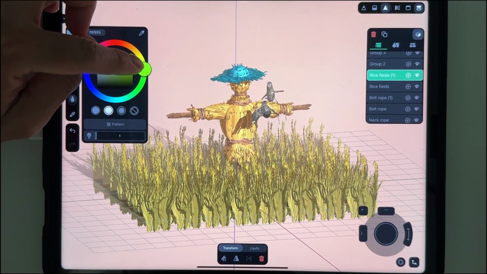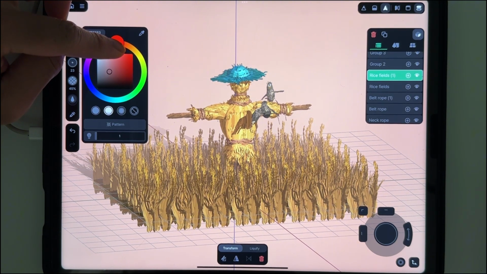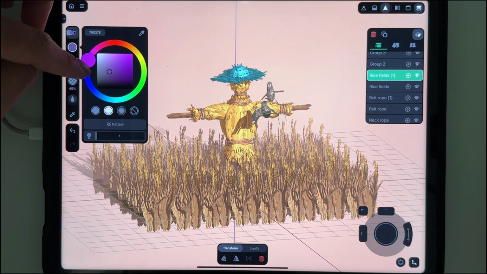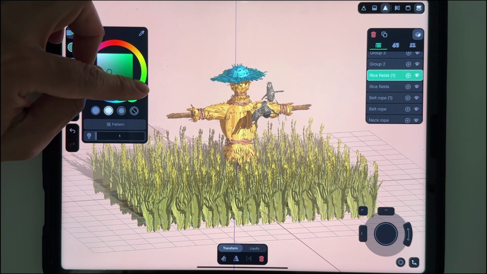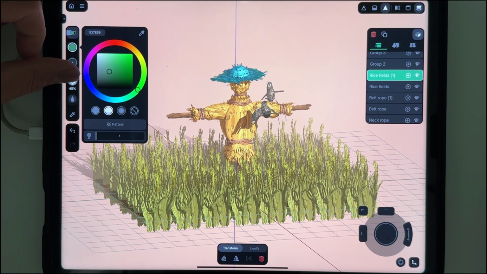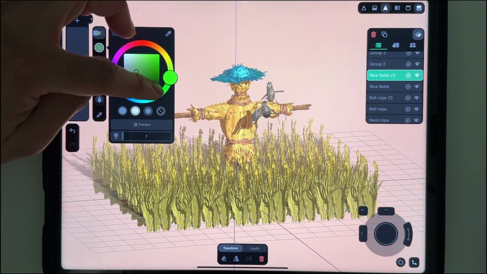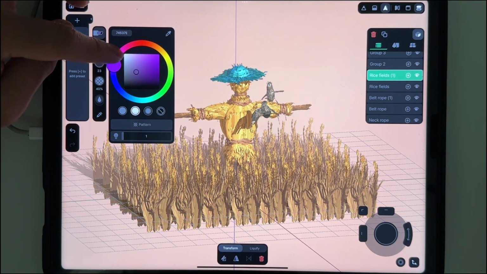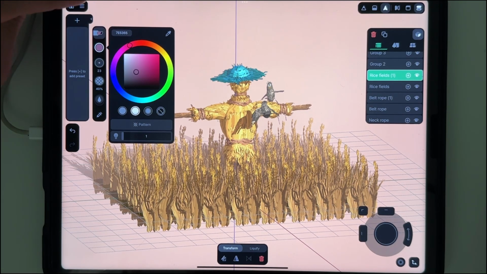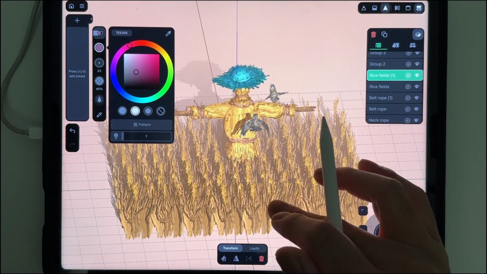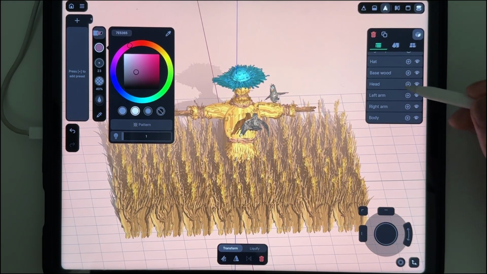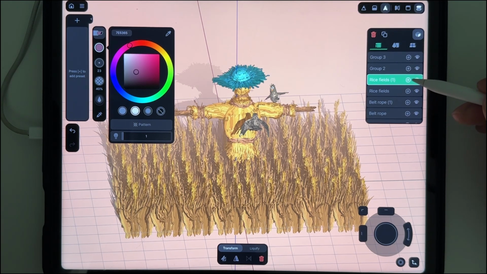So everything will change there. So you can just add color there, and then that one. So it looks like same in the field. So now